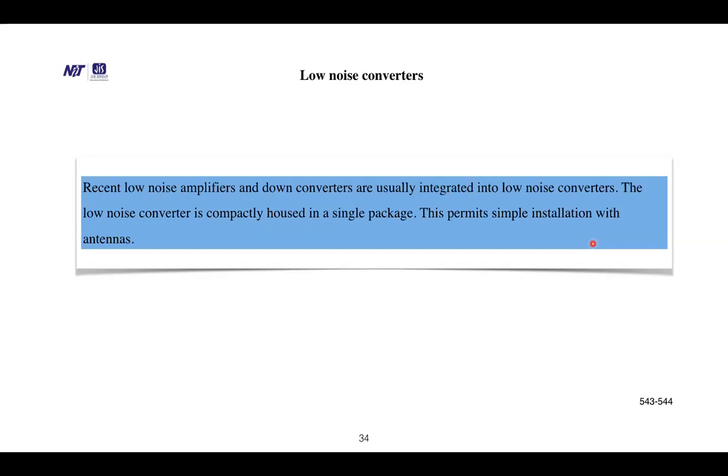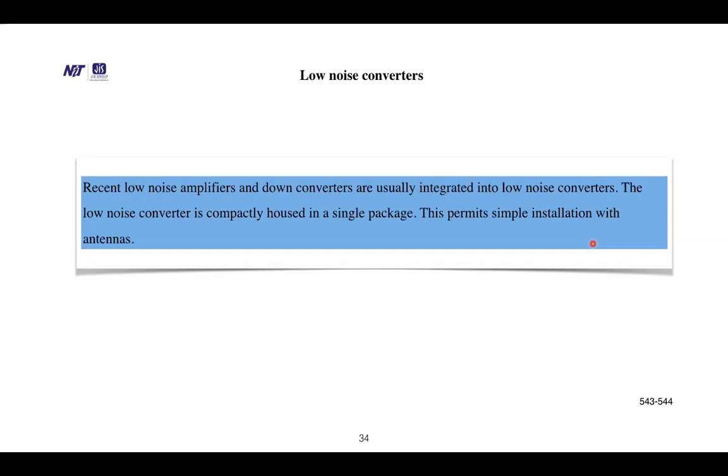converter is considered in this section. The low noise converter converts the satellite signal from the 11-12 GHz band to the 1 GHz band and is normally mounted on the antenna. This converter is required because those high frequencies in the 11-12 GHz band or higher cannot be directly processed by the circuitry.